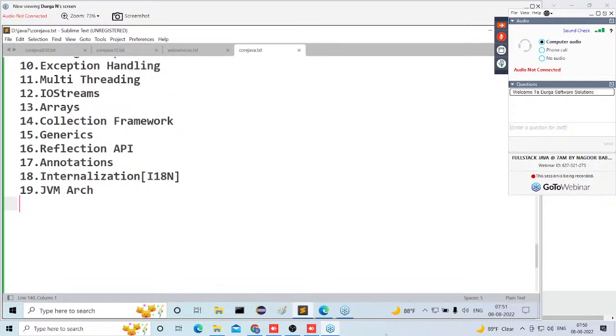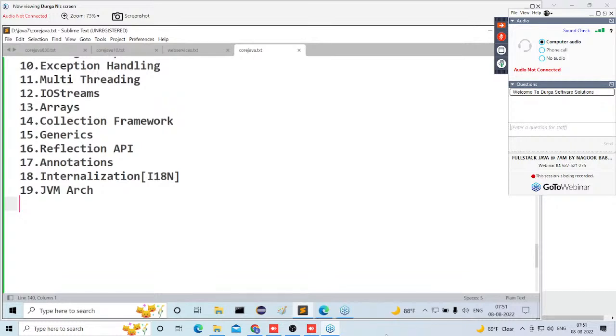What are these high-level components? Mainly class loaders we are going to understand, how bytecodes are loaded by these class loaders. Next one is the JIT compiler. Next one is the interpreter. JVM is executing Java program in the sense that inside the JVM, an interpreter is executing our Java program.